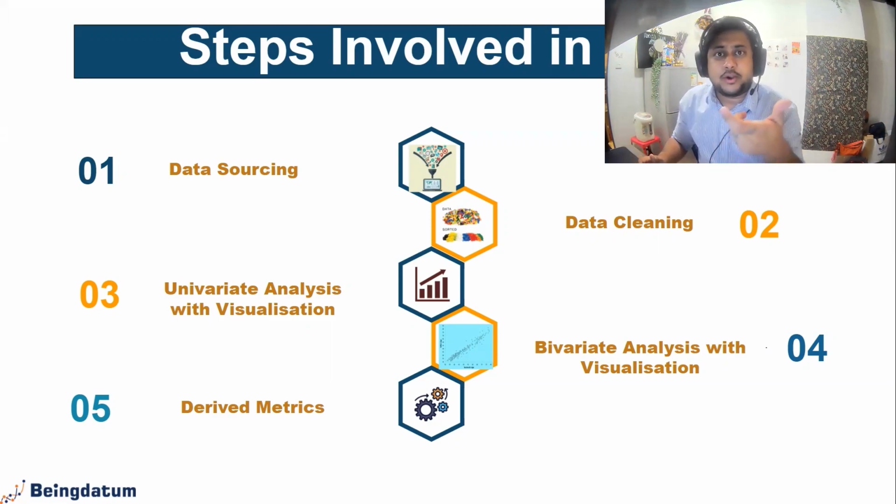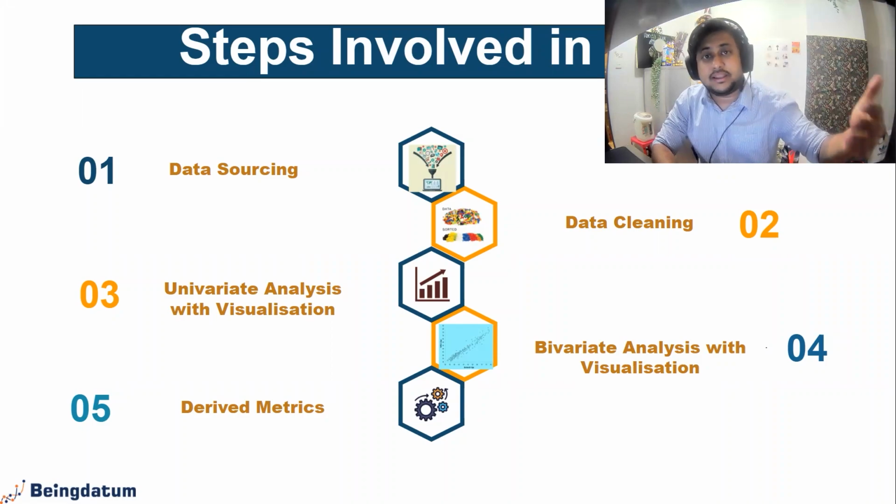Let's say I create bins out of it, age bins: 0 to 20 is one bin, 21 to 40, 41 to 60, 60 plus. So there are 4 bins created. And now if you visualize the data, at least you will get some idea. Okay, this is how it is done. So derived metrics are the terminology used for the metrics which are derived from your previous features.